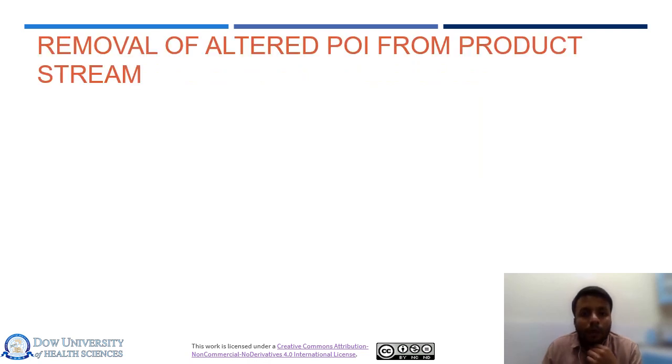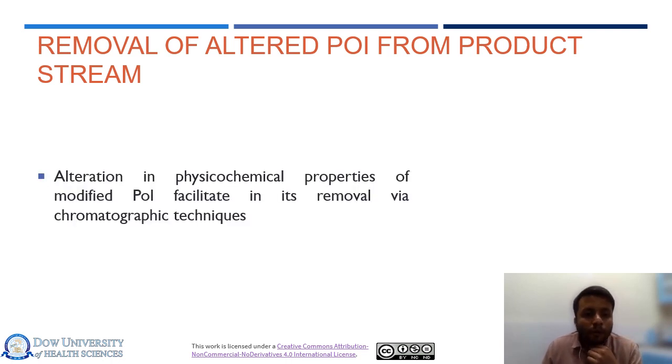So we have established that we need to remove the altered product of interest from the product stream. If we can alter the physicochemical properties of the modified protein of interest, we can remove it through chromatographic techniques. The chromatographic techniques could be ion exchange chromatography, size exclusion chromatography, or hydrophobic interaction chromatography, which can be used to separate the modified product of interest from the other impurities based on